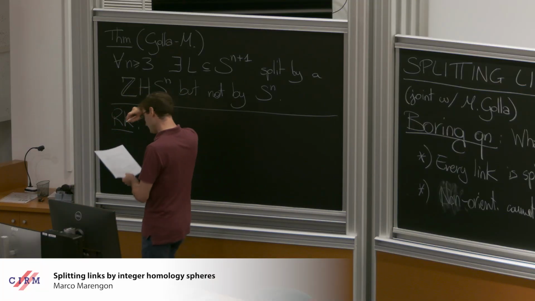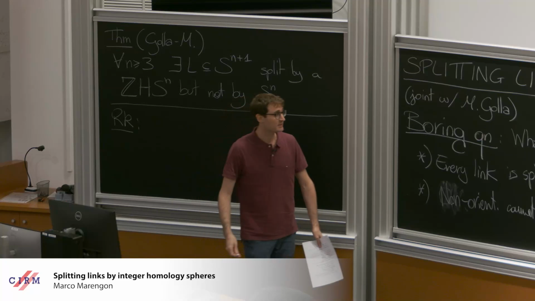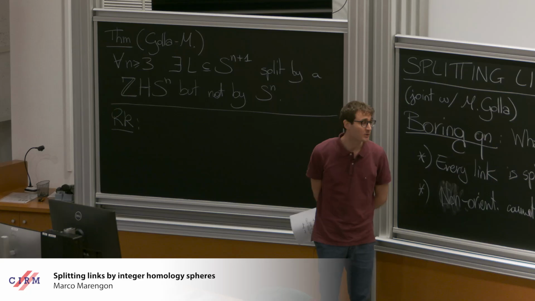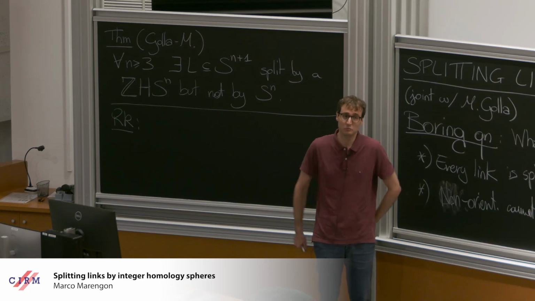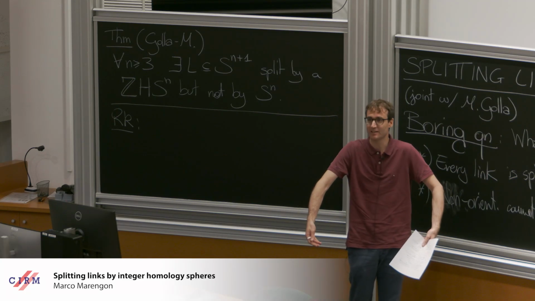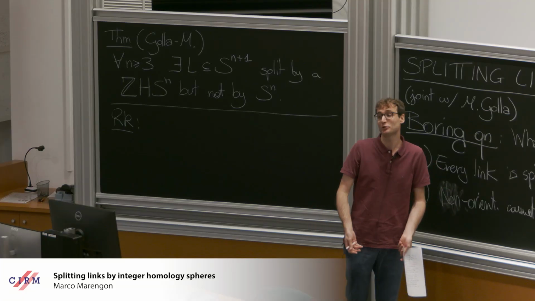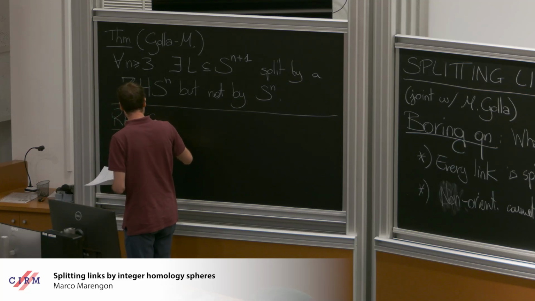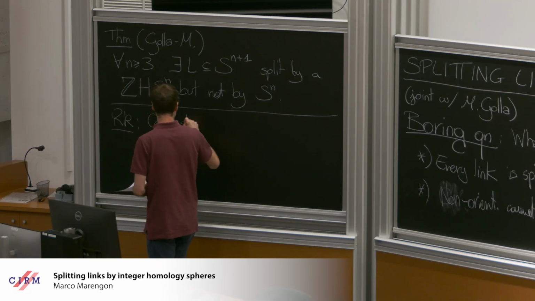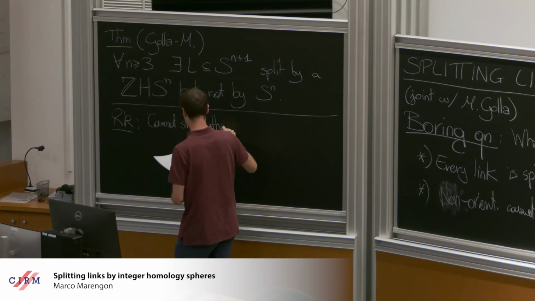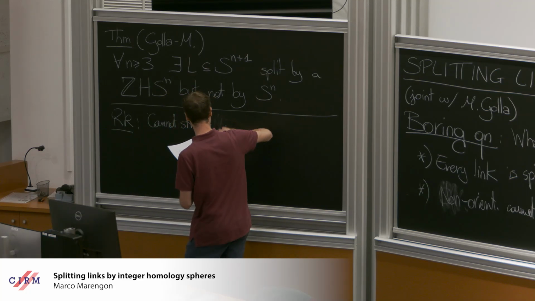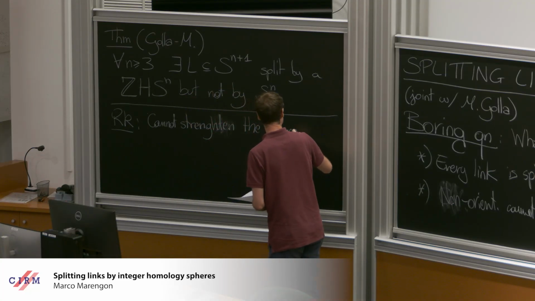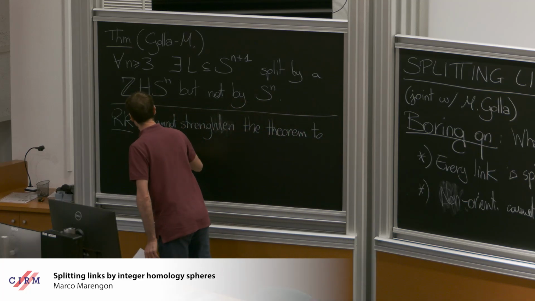So a little remark, there are other manifolds that look like S^n. For example, you may ask, okay, an integer homology sphere looks like an S^n, but we have something that looks even more like an S^n, without being an S^n, and I'm talking about homotopy spheres. But you cannot strengthen the theorem to homotopy spheres